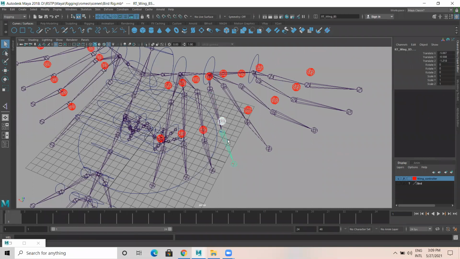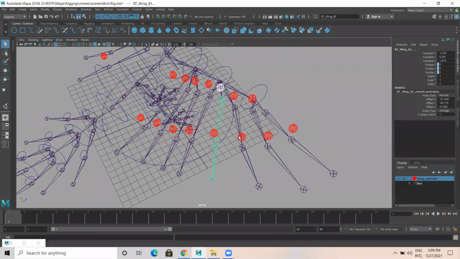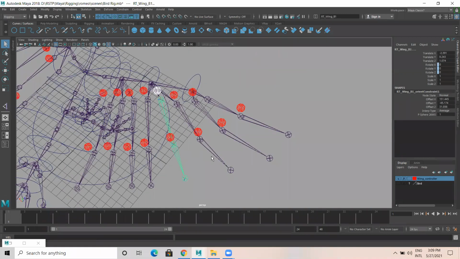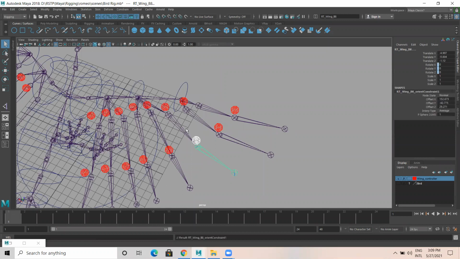So select this and this, constraint. Now this and this constraint, this and this constraint, this and this constraint, this and this constraint. Repeat last tool, G. This orient, this and this is orient.